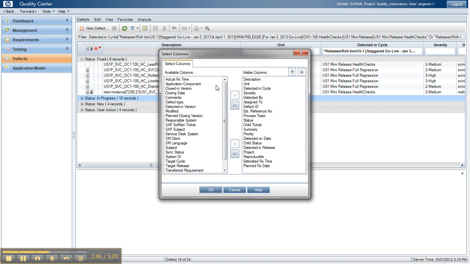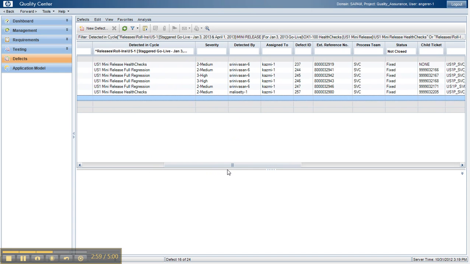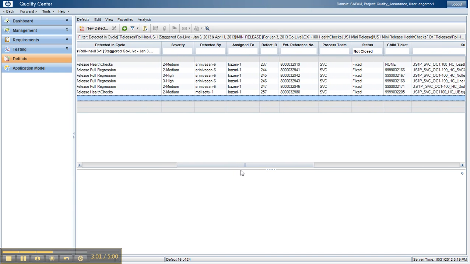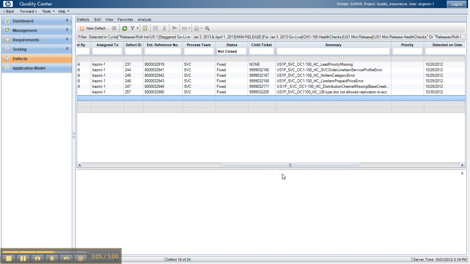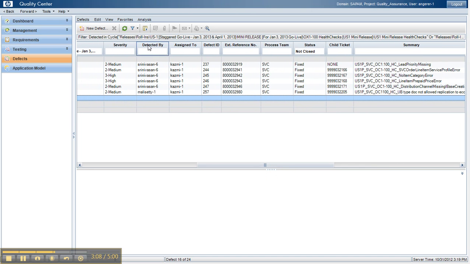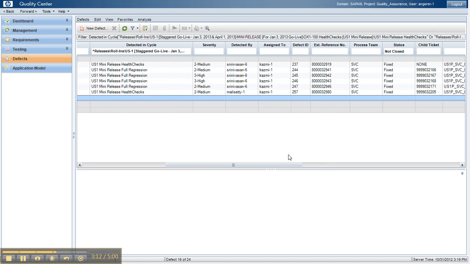If I was an IT champion, as an example, maybe I'd want to have the actual fixed time in my view, or estimated fixed time, planned fixed date, things of that nature. From a testing perspective, actually for the purposes of the test closure memo that is being sent out with this email, you can see that I took a screenshot of different things. What I did is I took a screenshot of the detected by, the assigned to, all this information in here,